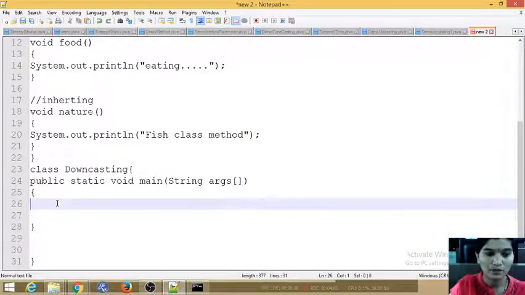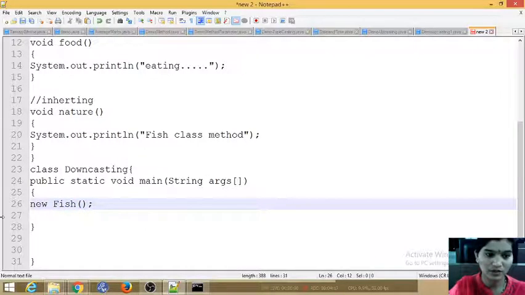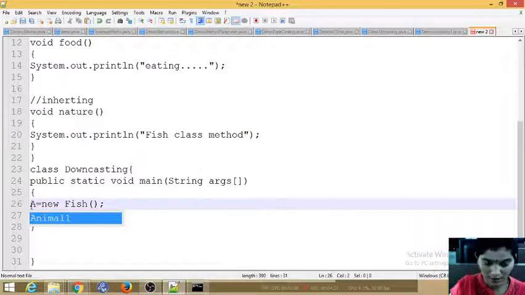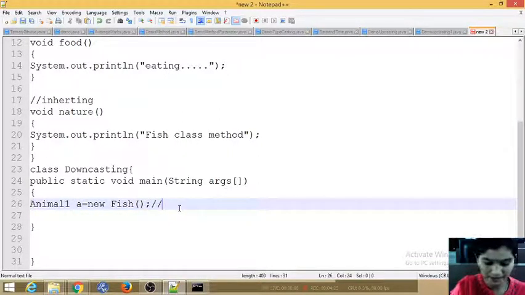Now we'll do the upcasting first. Upcasting means I am just changing the object from the child class to the superclass. No extra code is needed; you create the object just like that. Now upcasting is done.